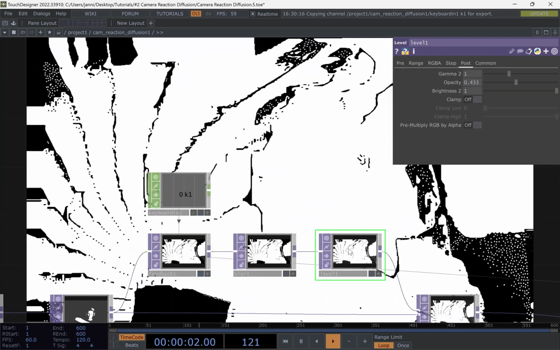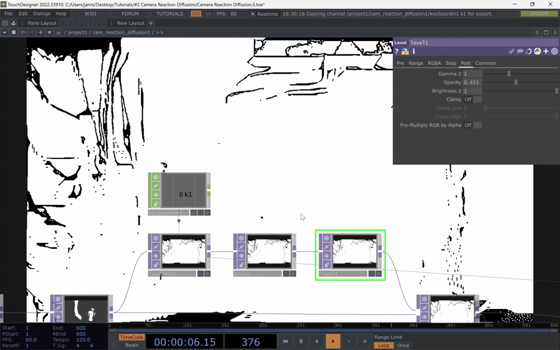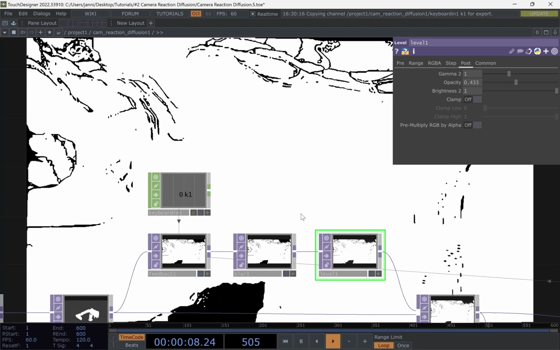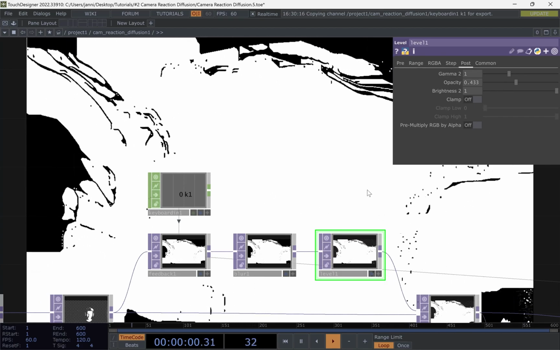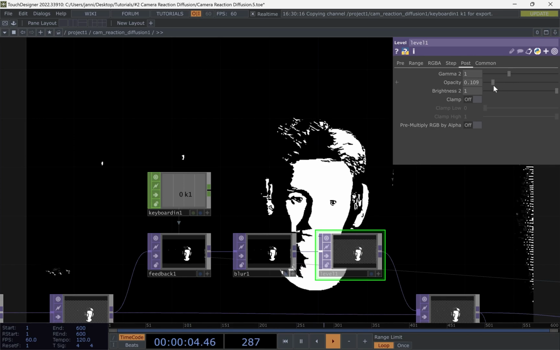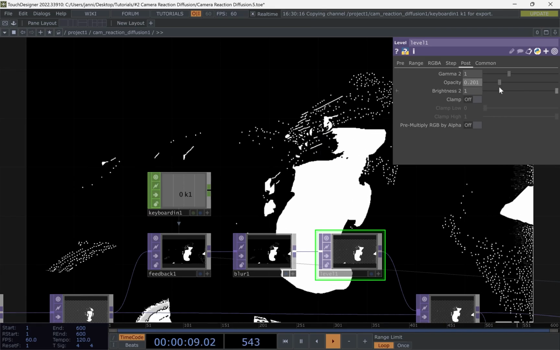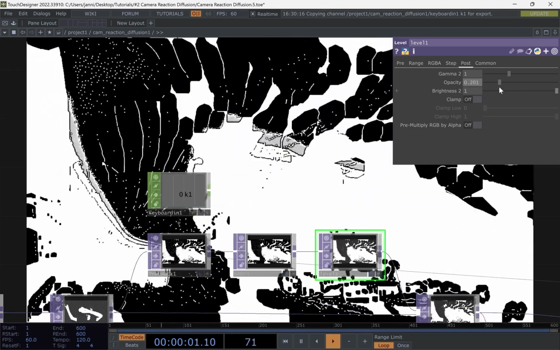So for example, if our screen turns white because of some experiments that we did, we can always press 1 and then reset it. All right, so yeah, opacity doesn't really help us. Maybe a little,